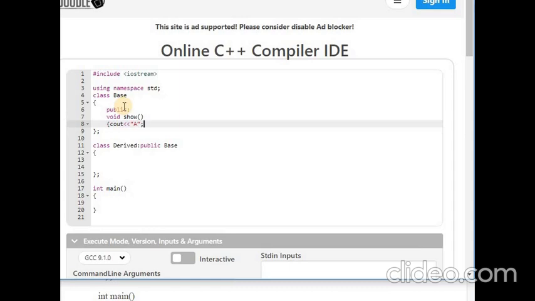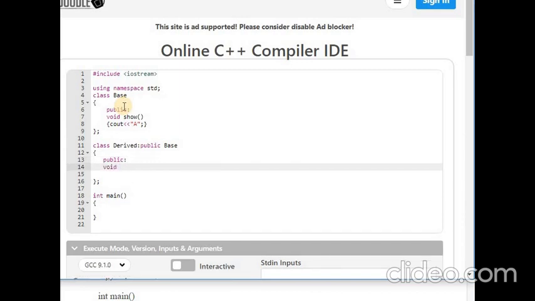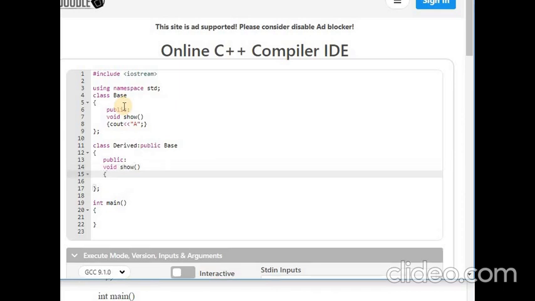This function ends here, and in the derived class we also have a same-name function, which is also displaying its own message. That message can be anything.